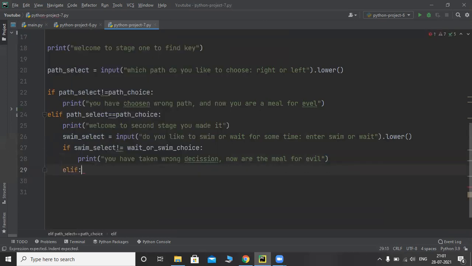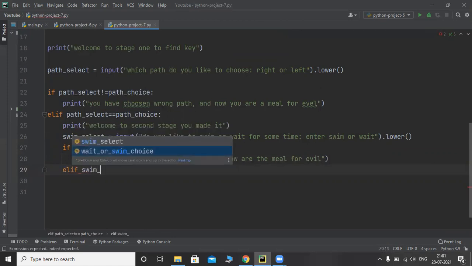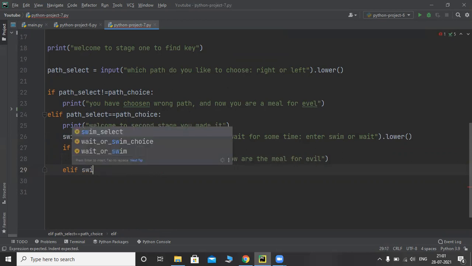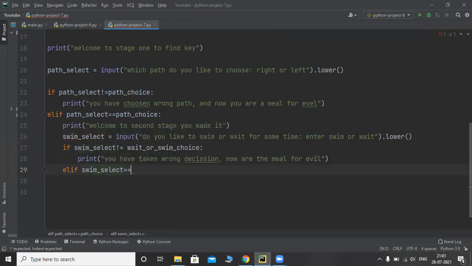Elif swim_select is equal to swim_choice, and then print welcome to stage 3.